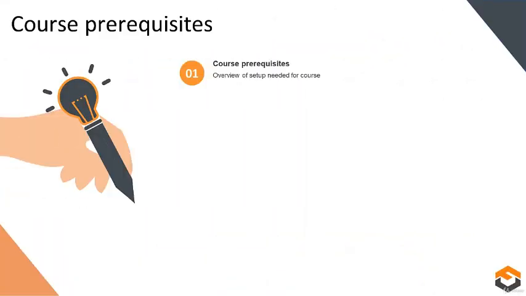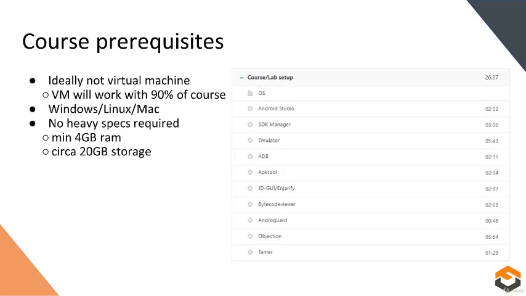In this section, we will cover both the skills needed as well as the technical specs required to be able to follow this course. As for your setup, you do not require a heavy-duty setup with high specs. But since we will be developing an app and running Android emulators on our machine, there are some things we need to consider. In order to follow the complete course, in an ideal scenario, you would work on a dedicated machine. Virtual machines are extremely popular and will actually work for 90% of the course.